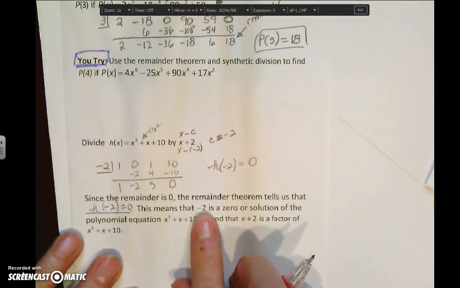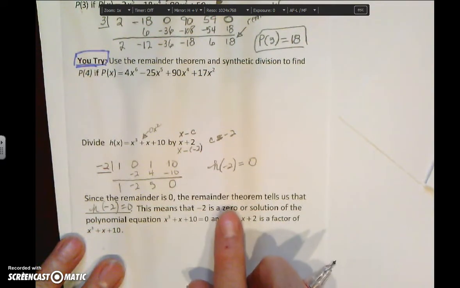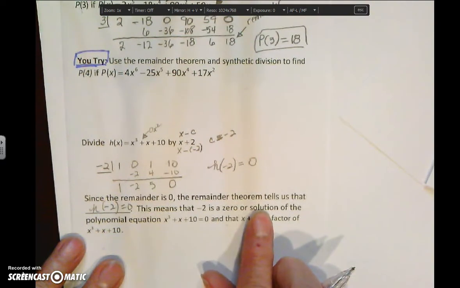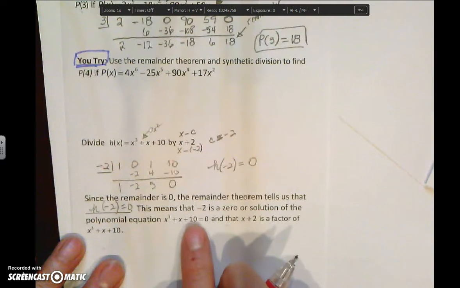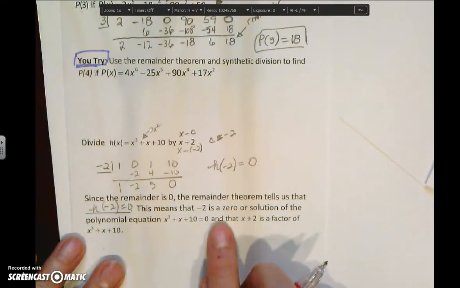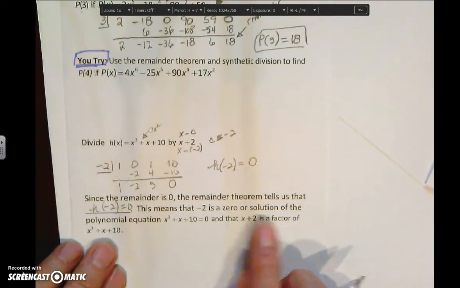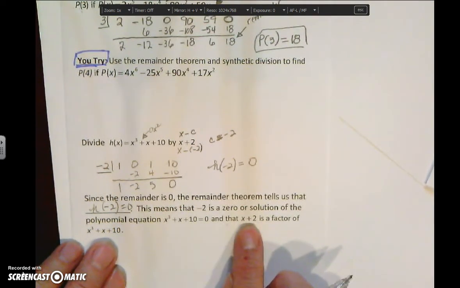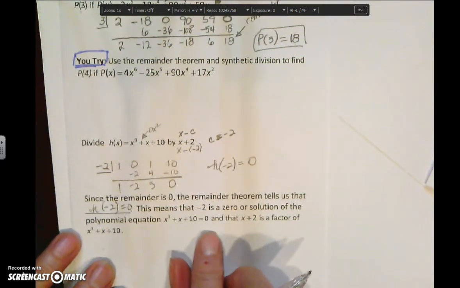This means that negative 2, you have to think back to something we've done earlier, is a 0 or a solution of the polynomial equation x cubed plus x plus 10. So if it's a 0, it's also a solution. And then x plus 2 is a factor. So this kind of goes back to our navigator exploration,